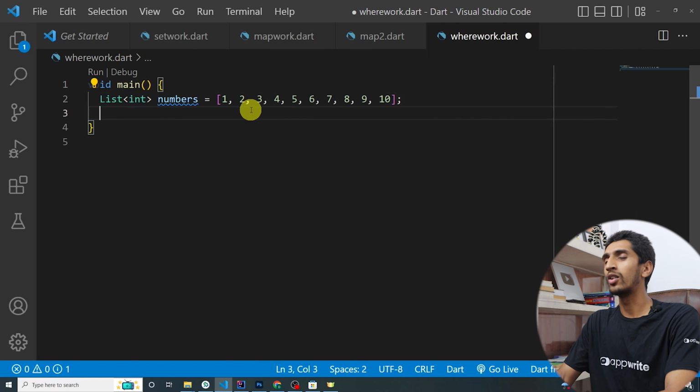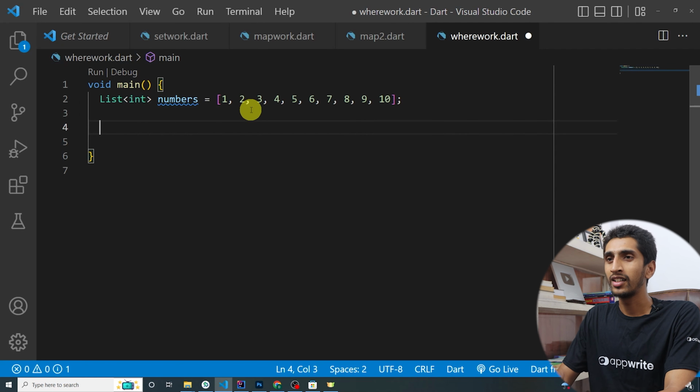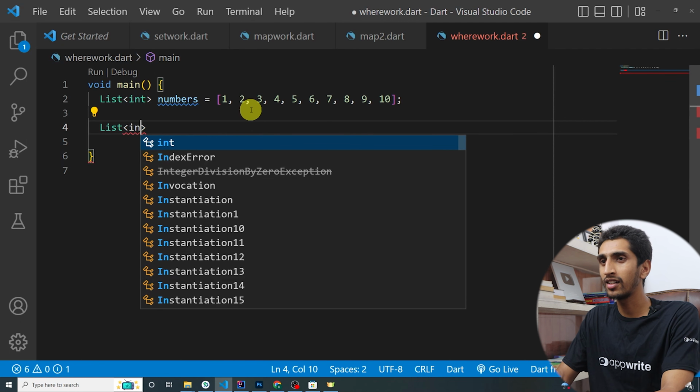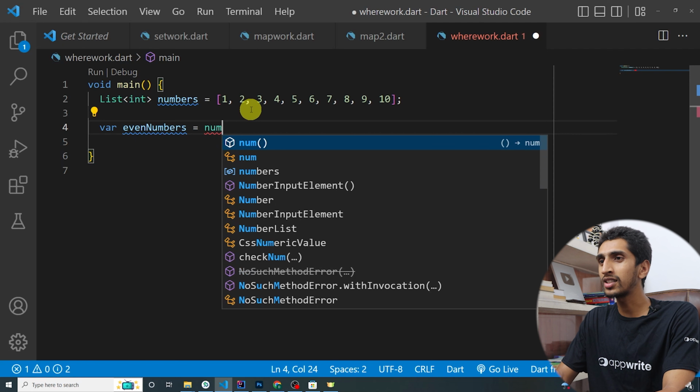Now let's filter the even numbers from this list. I'll say list of integer even numbers, or you can also write var here. Let me write var at first. Even numbers is equal to numbers